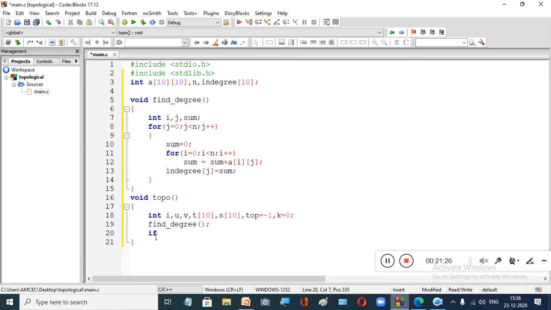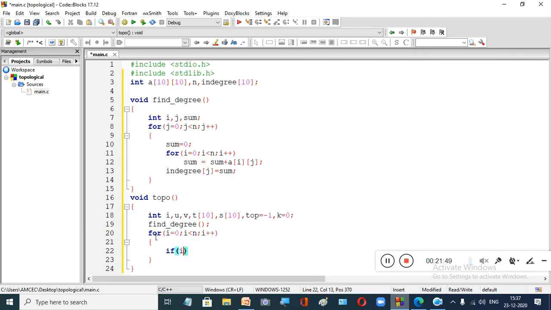So now we are going to check how many vertices we got initially with in degree as 0. We will use a for loop, for i equal to 0, i less than n, i plus plus.